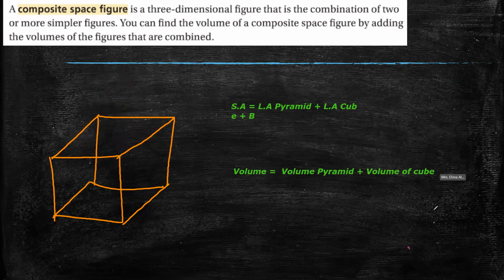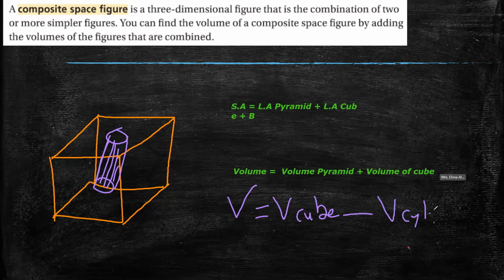Sometimes, if you have a cube and inside this cube, I will draw it quickly because the period will finish, inside this cube we have a cylinder. And I ask you now to find the volume. Because it's inside, you will say the volume is the volume of the cube minus the volume of the cylinder. So if there are two shapes connecting each other, one up and one down, they are outside, you add the volume. But if the figure is inside,